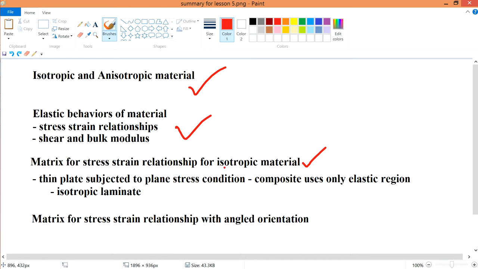Alright, so after knowing an isotropic material and its stress-strain relationship in terms of 3D, we will now talk about something in terms of 2D, which is a thin plate using a plane stress